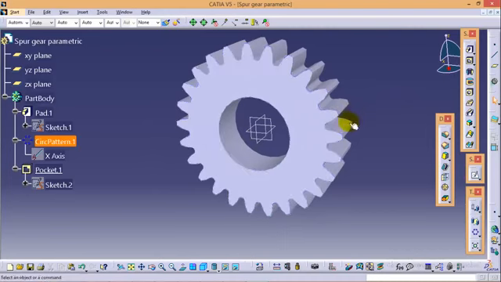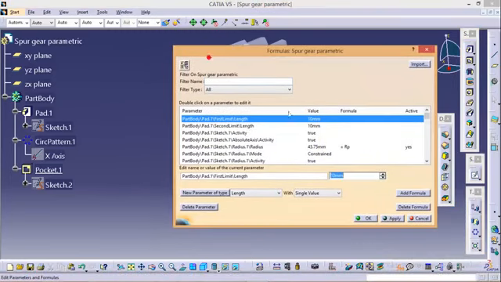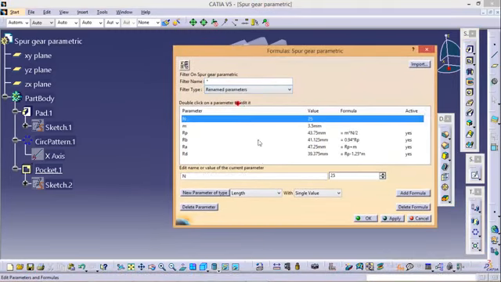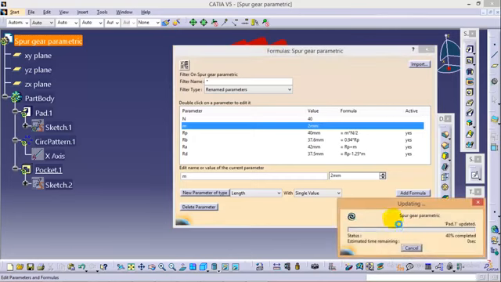Now if we need to change the number of teeth or the module, we can do it from the formula toolbar over here. What we need to do is provide a new value over here, let's say 40, and let's take m as 2, and if we apply the formula, it is getting some time to update.